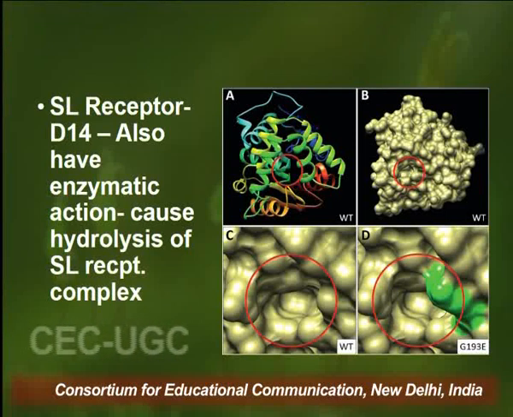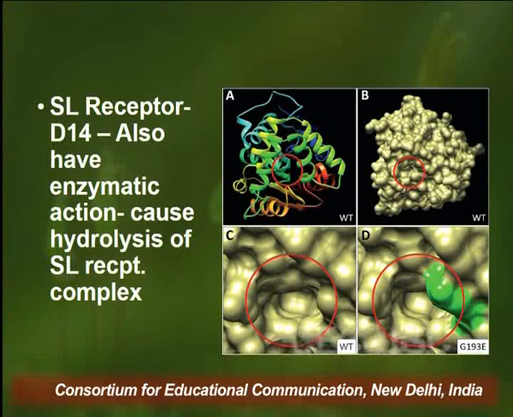And that is why I said that ring D along with enol ether linkage is essential for the activity of strigolactones. So that ring D fits into this cavity, thereby initiating the downstream signaling pathways. Any kind of modification in the cavity, which you can see in the D part of the figure, the cavity structure changes, and this prevents the binding of strigolactone onto the receptor, thereby making the plant insensitive towards the strigolactone